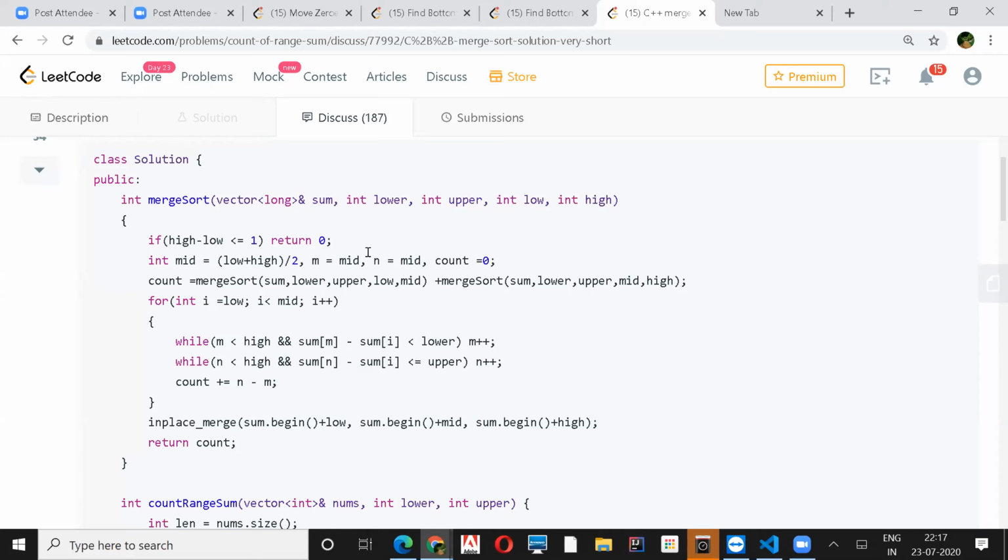Okay, the one we were discussing in the rotated sorted array, correct? No, not that one. That is also based on divide and conquer only, right? Inversion count is based on divide and conquer on the array. We can also do it with a binary indexed tree or segment tree. I think it is the same as that. I'm not able to recall. The approach is the same, but they have mixed in another approach and modified it.